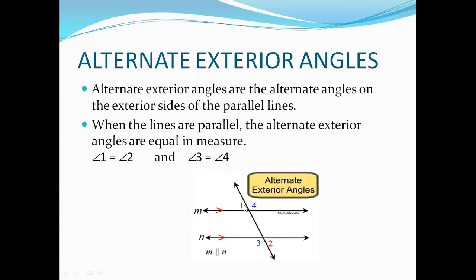दोनों parallel lines के exterior side में बाहर की तरफ होंगे. एक लेफ्ट हैंड साइड पे होगा, एक राइट हैंड साइड पे होगा. Similarly, angle 4 and angle 3 are lying on the exterior side of the parallel lines. Parallel lines के बाहर की तरफ है. When talking about parallel lines, these alternate exterior angles will be equal. So angle 1 and angle 2 will be equal, and angle 3 and angle 4 will be equal.